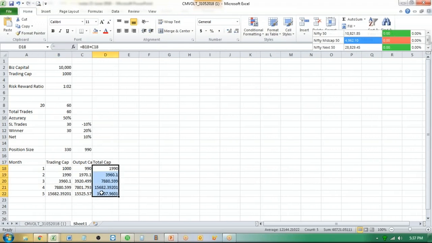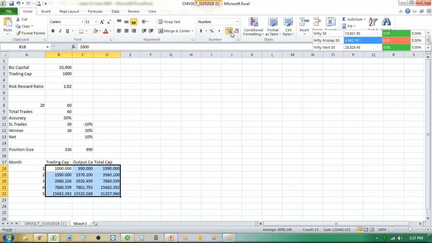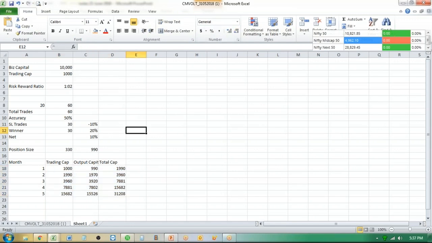ओके। अब ये देखिए, 10,000 रुपये था आपके पास, जिसमें से 9,000 रुपये आपने मान लीजिए कि एक सेफ डिपॉजिट में रखा हुआ था कि अगर मुझे ज़रूरत पड़ी तो मैं उसका इस्तेमाल करूंगा अपने बिजनेस में। पर आपने निकाला 1,000 रुपया था, तो ये जो 1,000 रुपया है, ये यहाँ पे आपको 31,208 रुपये दिख रहा है। तो ये 1,000 से 31,000 तक जाने की कैपेबिलिटी है 5 महीने में, प्रोवाइडेड आपकी एक्यूरेसी एटलीस्ट 50% पे रहे।